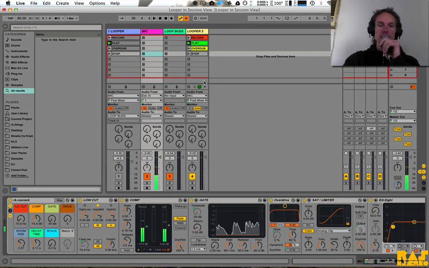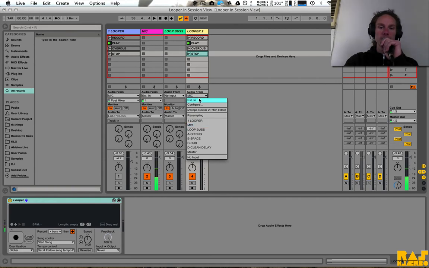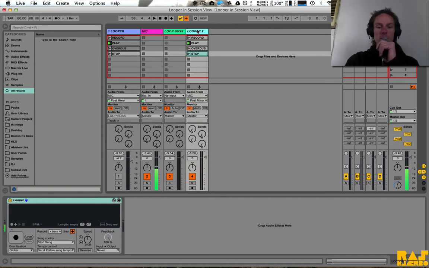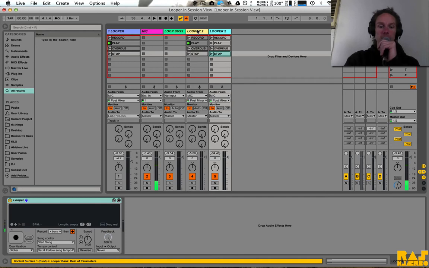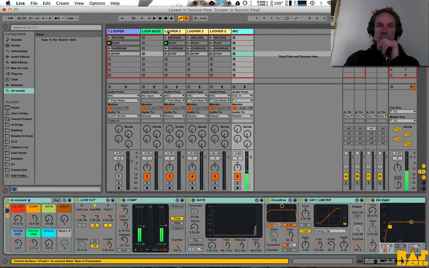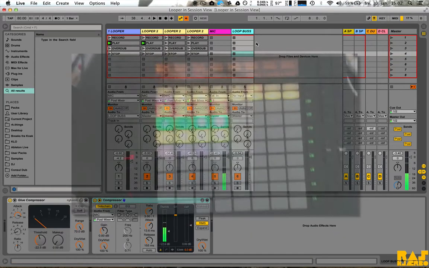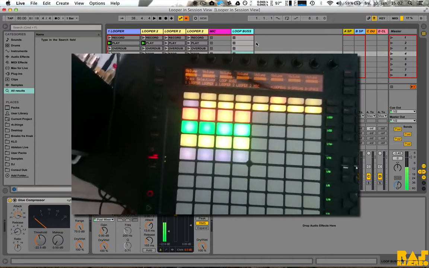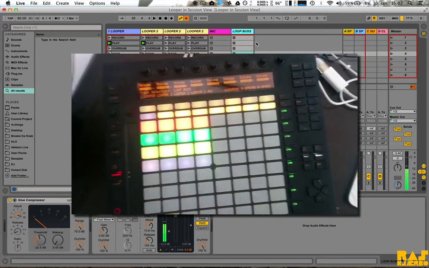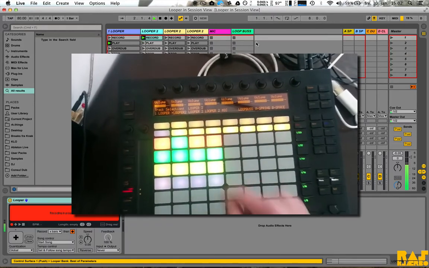But the cool thing here, as I said earlier, is that instead of just having the input coming directly from the sound card, if I have more loopers here, let's just make 4 loopers in total, boom, like that, and then move these guys over so we're kind of following convention. As you can see on the Push right now, I have 4 loopers, and they're all sourcing from the same spot. So if I want to record something into one of them,